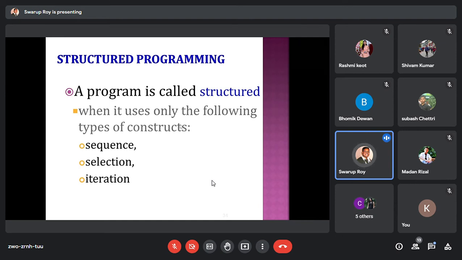Now, whatever programs we are writing, these are basically called structured programming, because in some way you can have a very good, clean, diagrammatic representation of your program. That's why you normally call it structured programming. If you can plot whatever is happening in your program on a piece of paper in the form of a small representative diagram, like a flow chart or control flow, you can have a very nice, simplistic view. That means your planning is very good